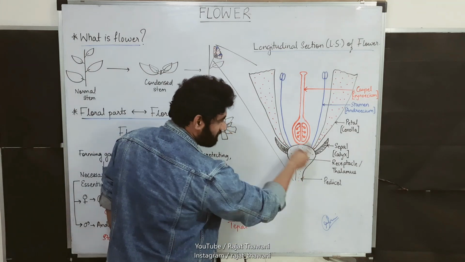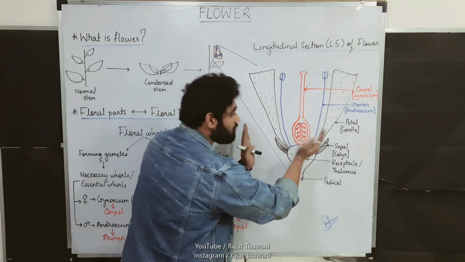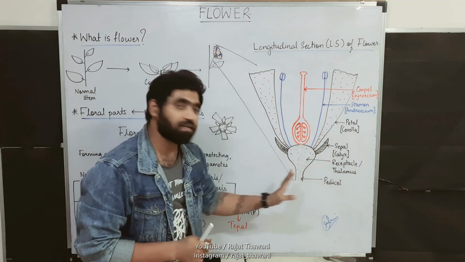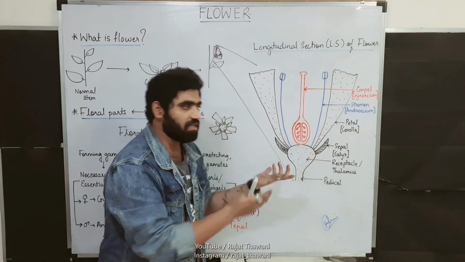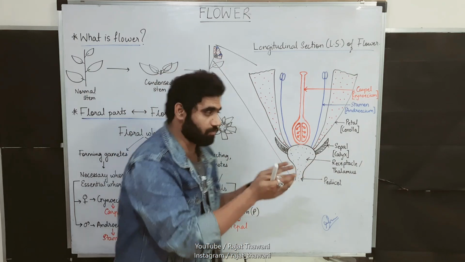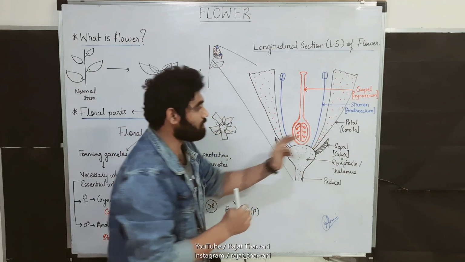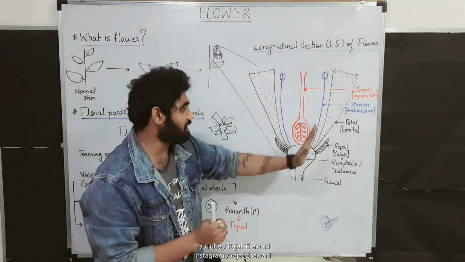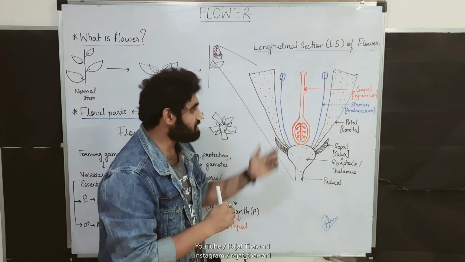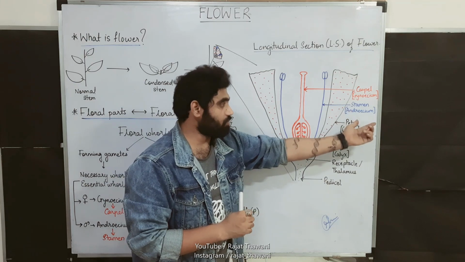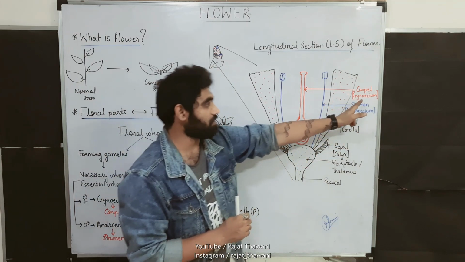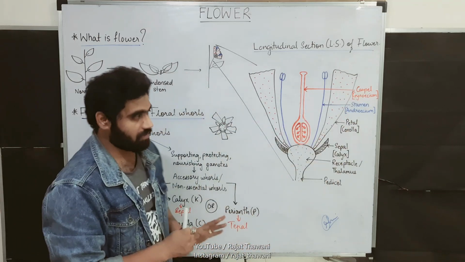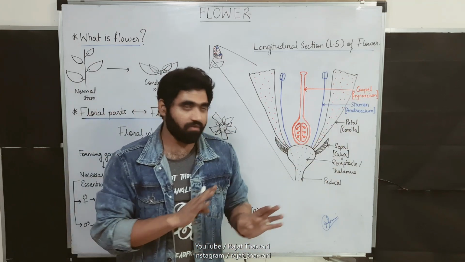So let's come back again to the structure of the flower. Pedicel, thalamus or receptacle. The outermost whorl present is called the calyx, and the independent member is called sepal. This calyx is basically for protection as well as photosynthesis. Inner to that, you can observe there is a whorl called corolla, and the independent member is called petal. Inner to that, the male whorl is present, called androecium, and the independent member is called stamen. And the innermost whorl which is present is called gynoecium, and the independent member is carpel. I hope you have understood this.